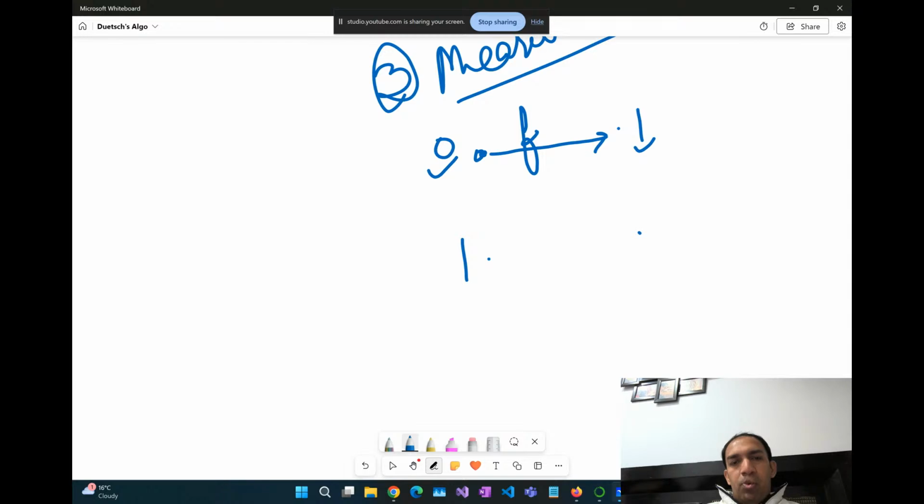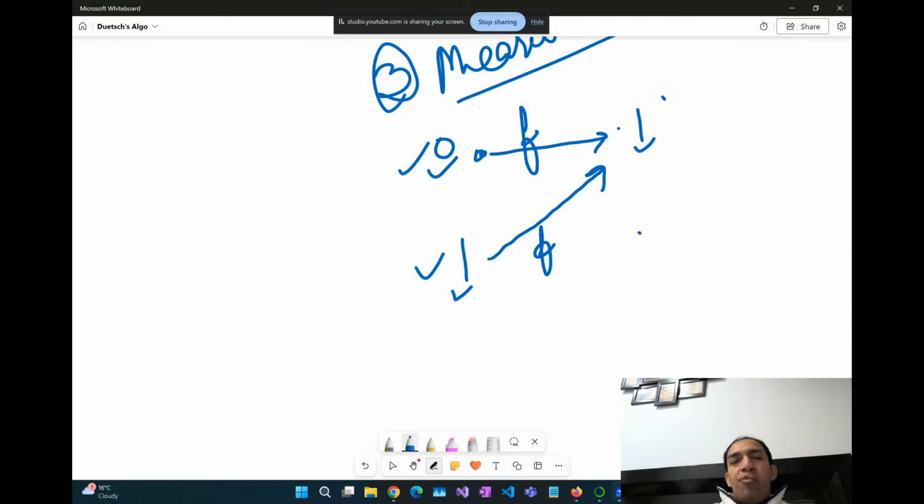Now, the second case is where the same function is given an input of 1 and it gave us the output as 1. So in this case, both inputs are giving me the same output, which is 1. We call this function a